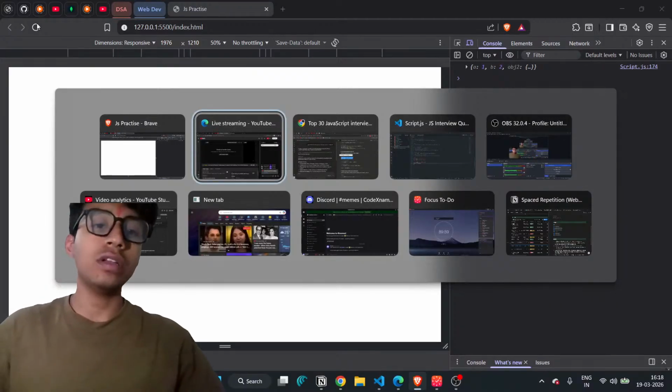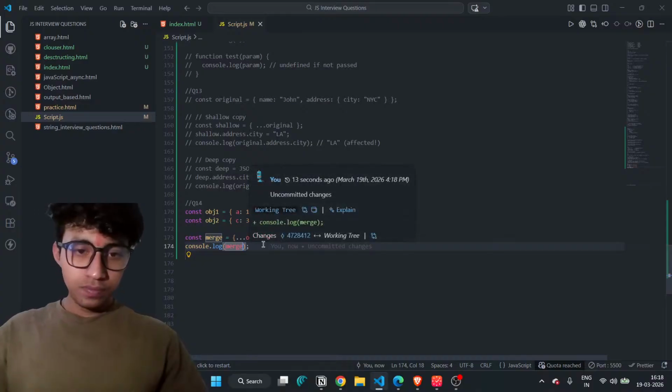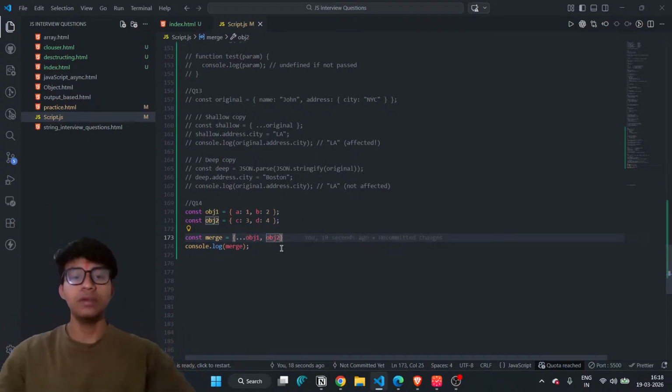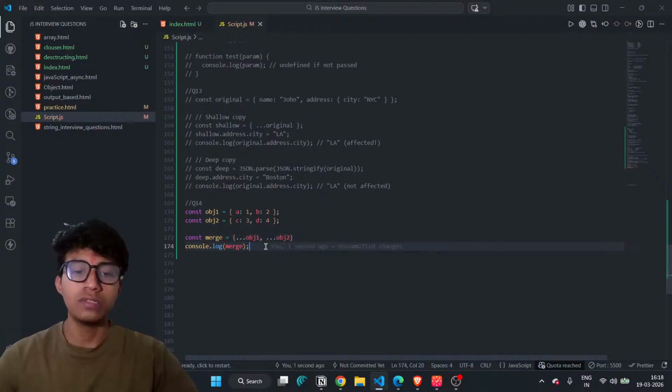I spread only object one, not object two. So here it is, and using the spread in there also. ठीक है, here it is. I simply write the three dots, and our object two is also spread.